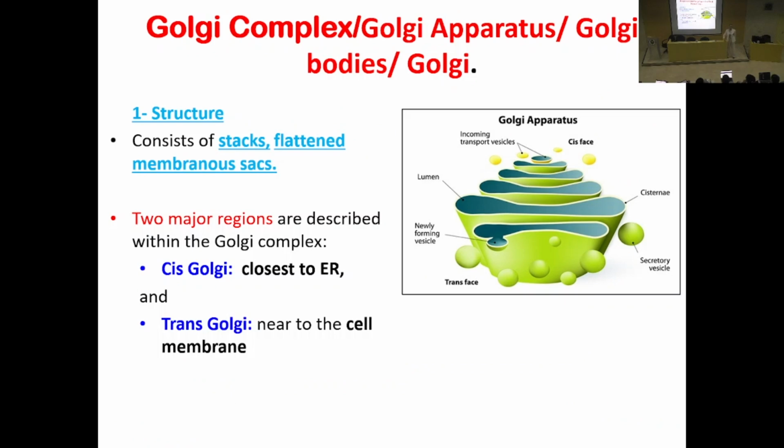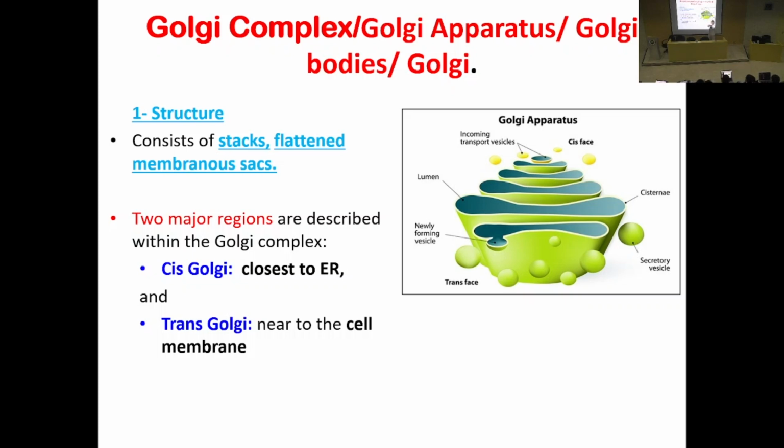So the next organelle, we call it the Golgi. Other books call them Golgi body. Other books call them Golgi apparatus, wherever. There are a lot of names given to this organelle. So say it's Golgi, all right? Very simple. In terms of structure, it looks a bit like the endoplasmic reticulum, like sacs,